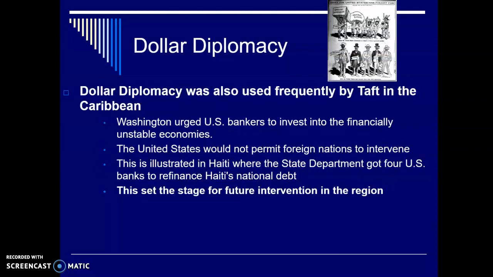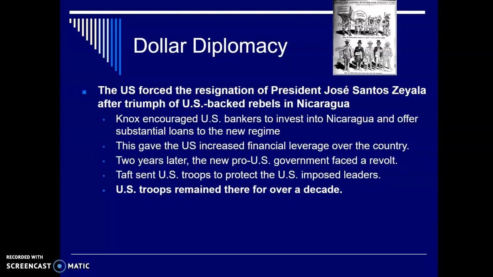So when we look at the dollar diplomacy, we look at how effective it was, and in the main place was this idea of Nicaragua in this case study here. And we can see that if you have to send in U.S. troops and they have to remain there for a decade, that the policy itself was not successful. The U.S. did not make Nicaragua a protectorate until 1916, and that was under Wilson. So we will talk about that with Woodrow. This was something Taft wanted, but Congress denied him.